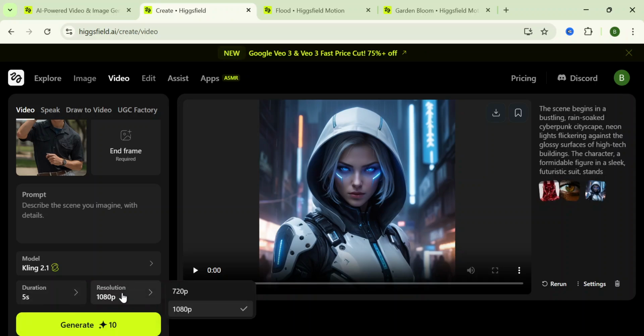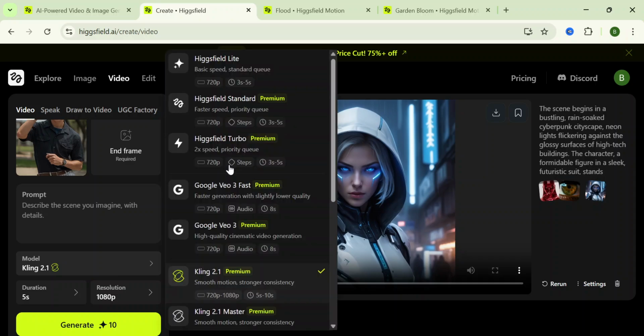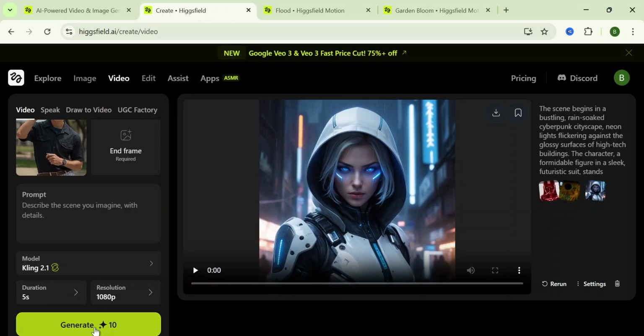You can select your resolution. This alternates between 720 and 1080p. Now the resolution differs from model to model, so you may just have to choose one that best suits you. And after that, just click on generate, and after a few minutes your video will be ready for download and